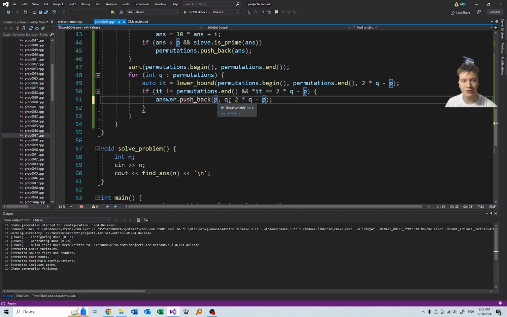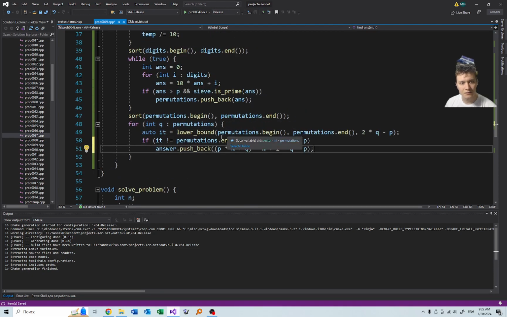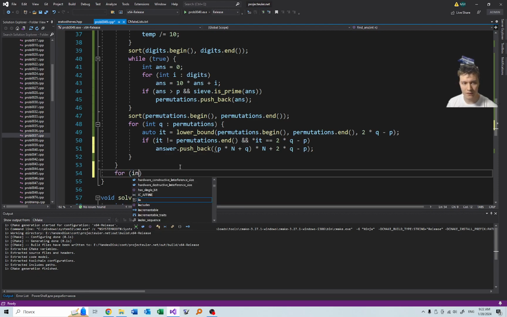But we cannot push it one by one. We need to push it as a whole. So we need to multiply it by n, this by n, and actually p we need to multiply 2 times by n. Okay. So we have pushed it back into the answer. Okay, and finally we need to go through